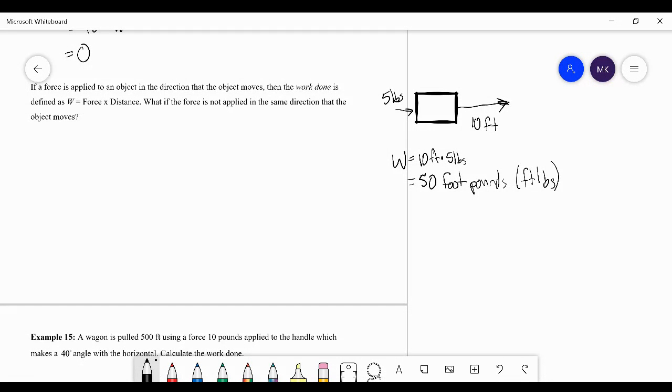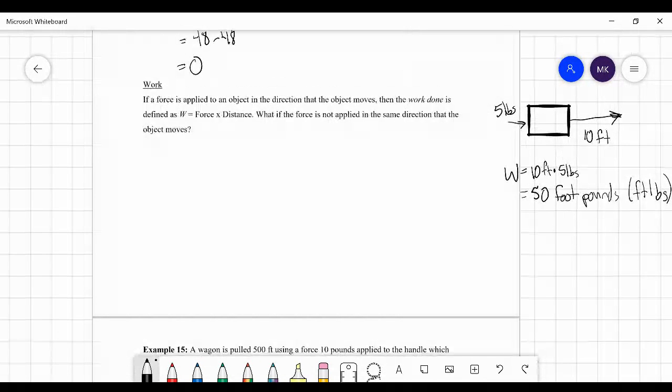OBS, foot pounds. Now, what if it's not in that same angle? Or not if it's in the same direction. So this was, notice that 5 pounds is going exactly to the right, move it exactly to the right. What if our object